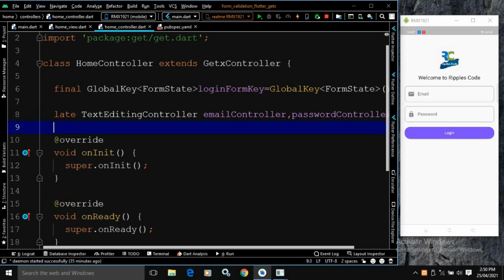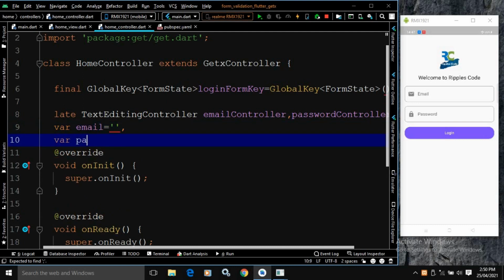Now here I will declare two more variables to store the email and to store the password. Sorry, here I need to put a semicolon.